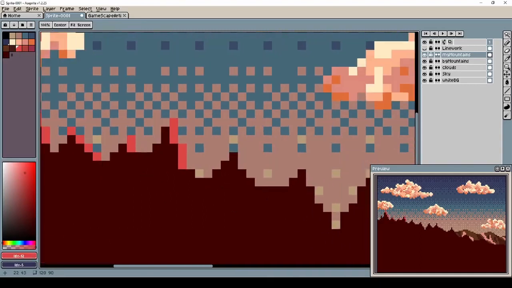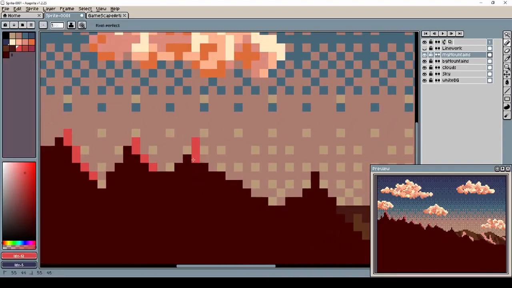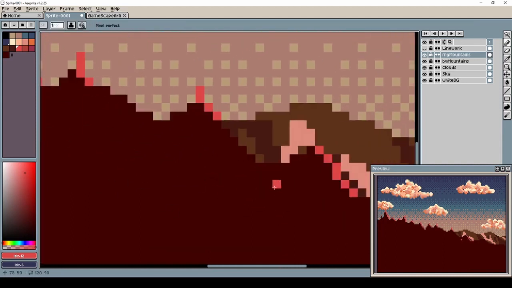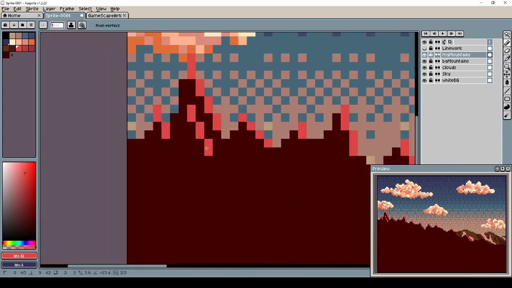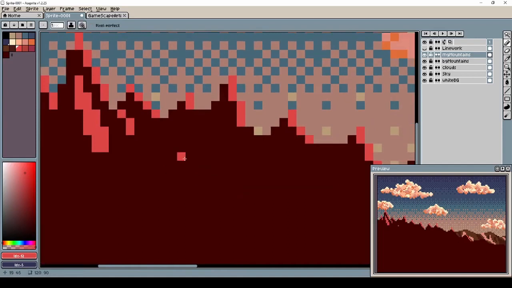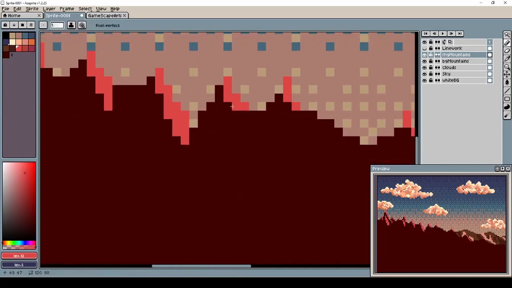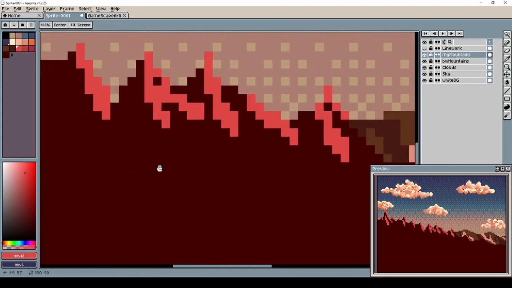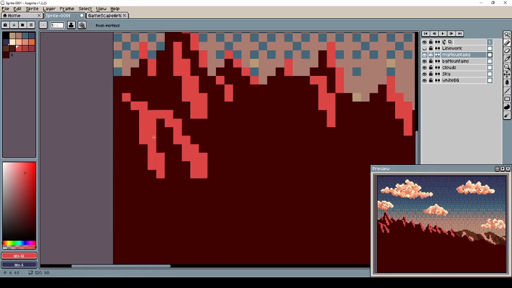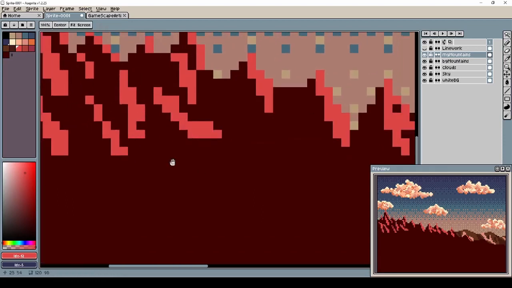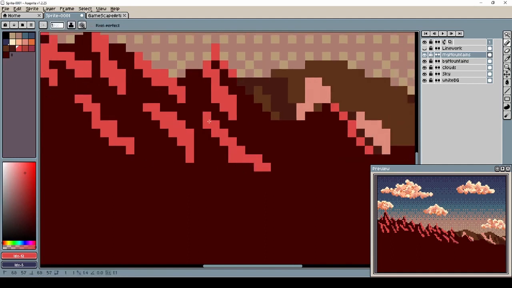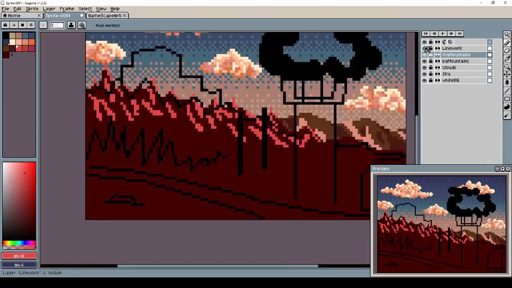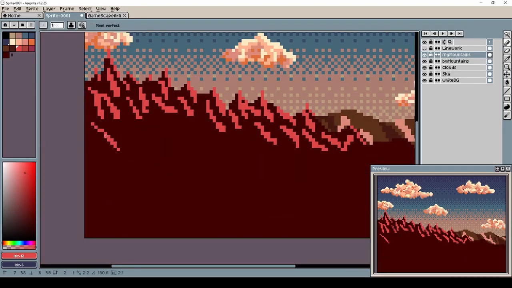Now we start adding the highlights onto the mountains here. These are the bits of the peaks that the sun is hitting. And then we start adding the mountain faces that the sun is hitting here. This color is really giving off a sunset kind of vibe, which wasn't my intention when I started the painting, but